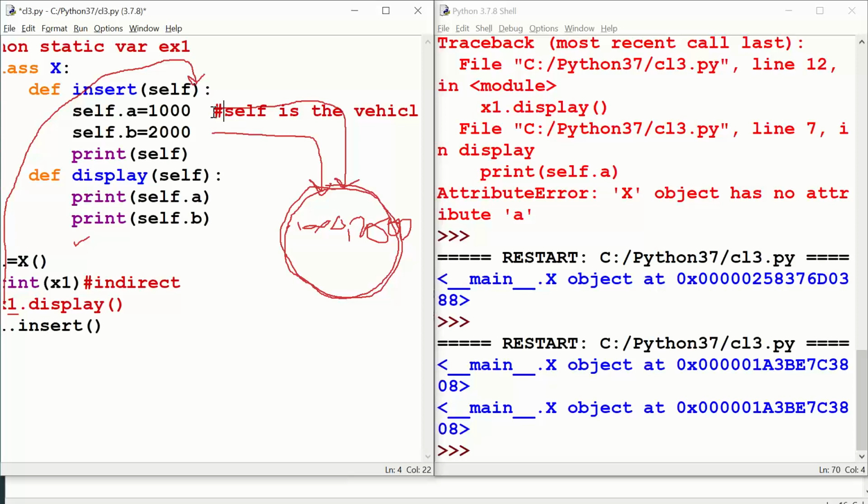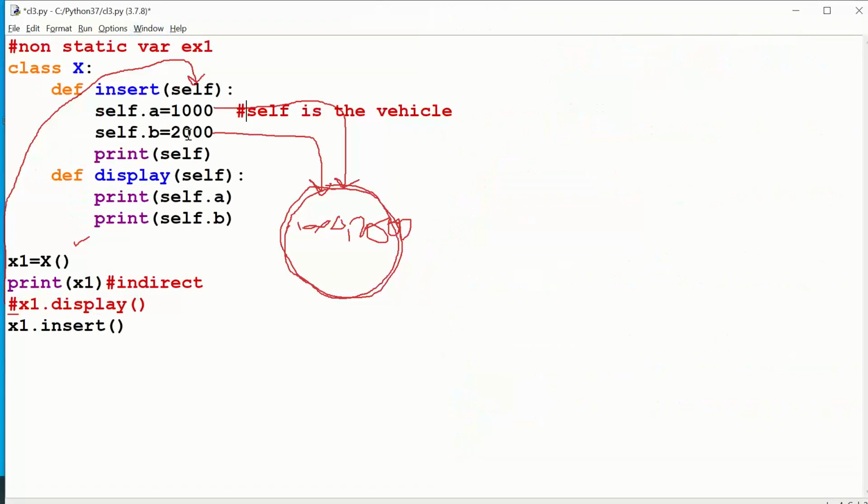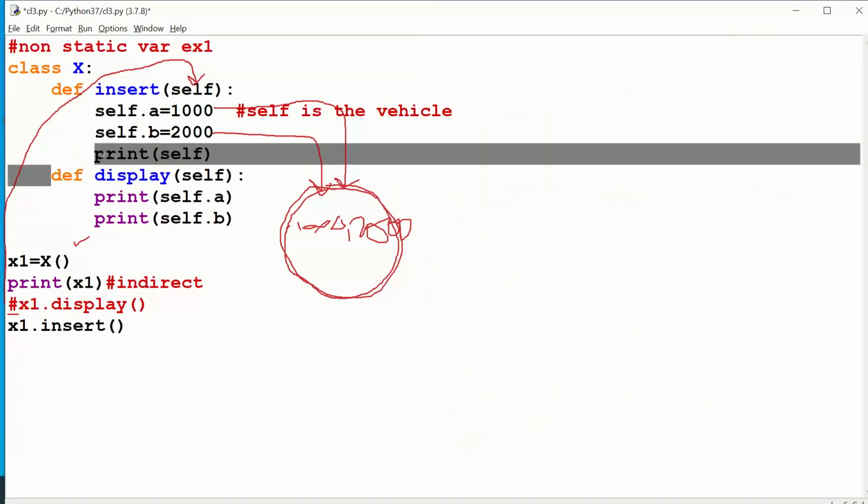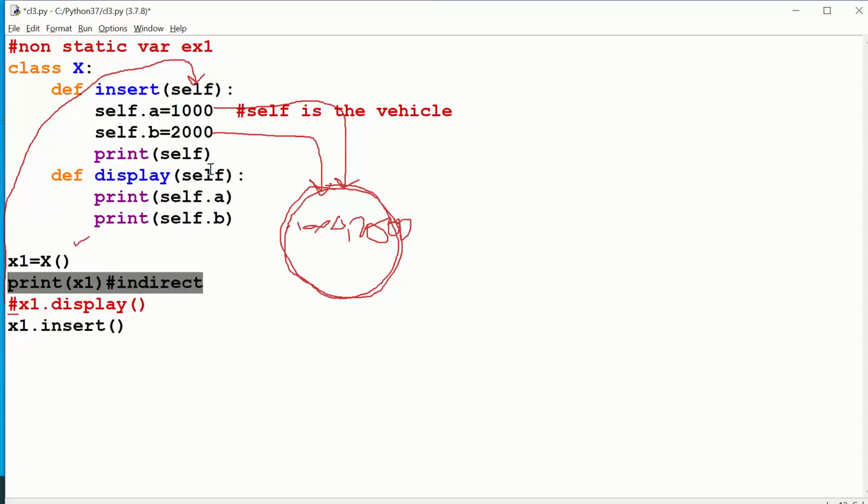Like these two kids, will they know the route to the railway station? Never. Likewise, either your father will drop them, or your father will make sure that the Uber car will drop them. Both father as well as the Uber car driver know where the railway station is. So this one is printing the indirect address, and this is also getting the indirect address. Understand?